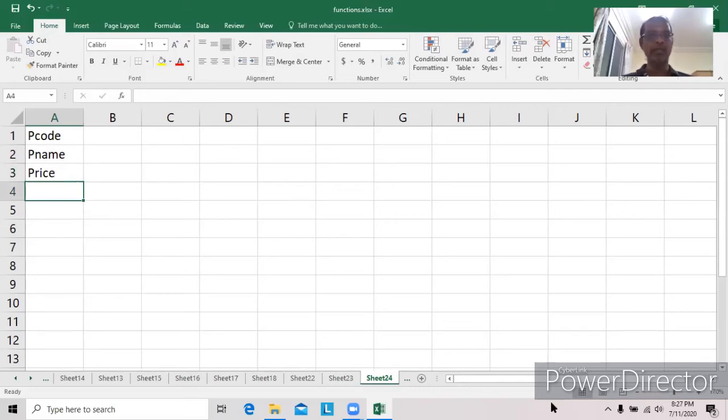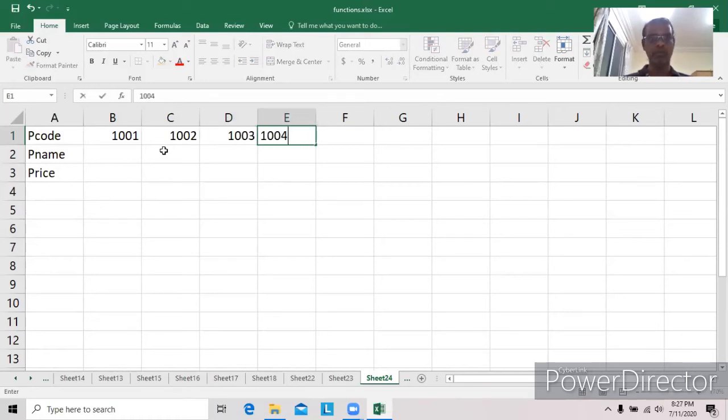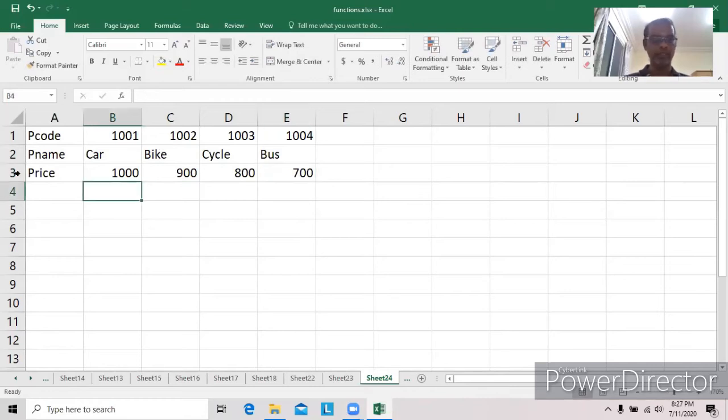Instead of typing vertically, now we are typing horizontally. 1001, 1002, 1003, 1004. Here I have to type car, bike, cycle, 1000, 900, 800, 700. This is the top to bottom approach.